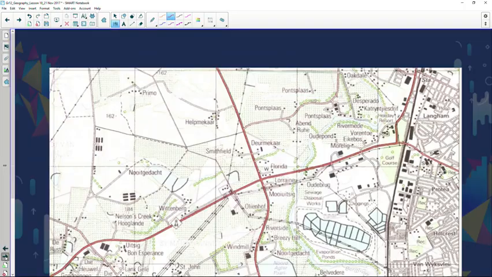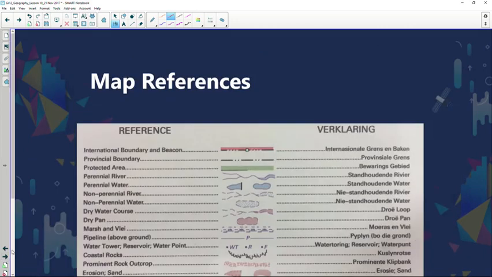If we quickly look at this slide over here with our references, as you can see, there's a perennial river. A perennial river flows right throughout the year. A non-perennial river is usually seasonal rainfall. So that's another clue to tell you how much rainfall the area of Paarl receives. If we go back to the information that we can find on the map,